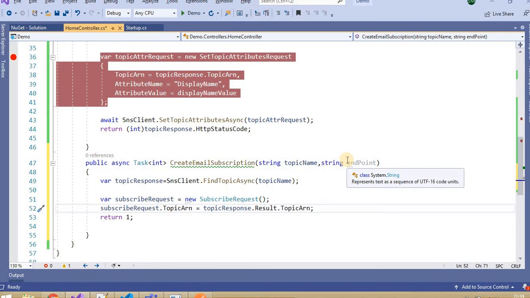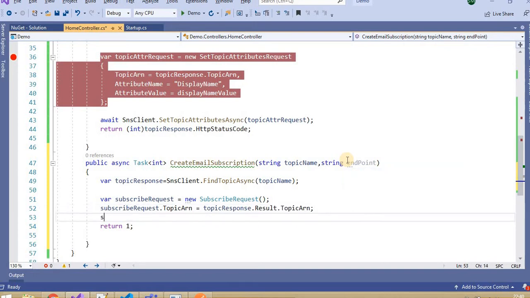You might remember in our last video from the UI console we provided the protocol, like for which protocol we want this subscription, either for mobile number, mobile push notification or email, right? At this point our protocol is email.